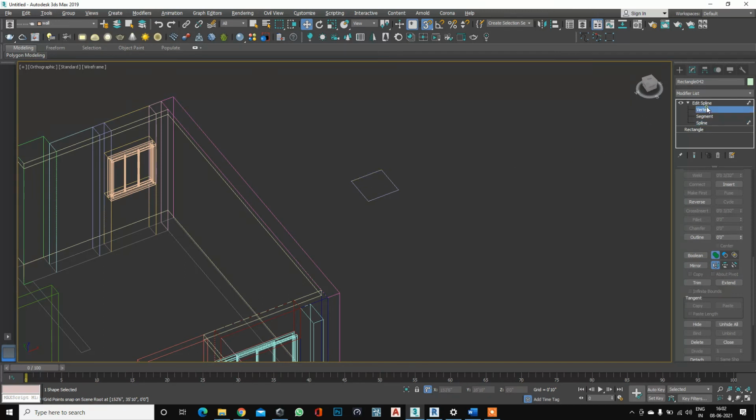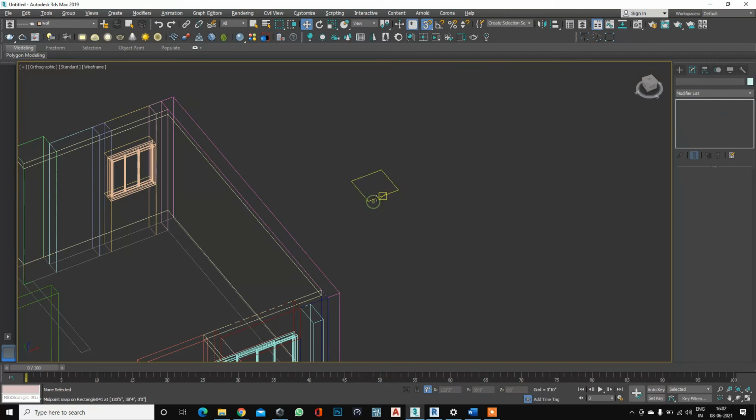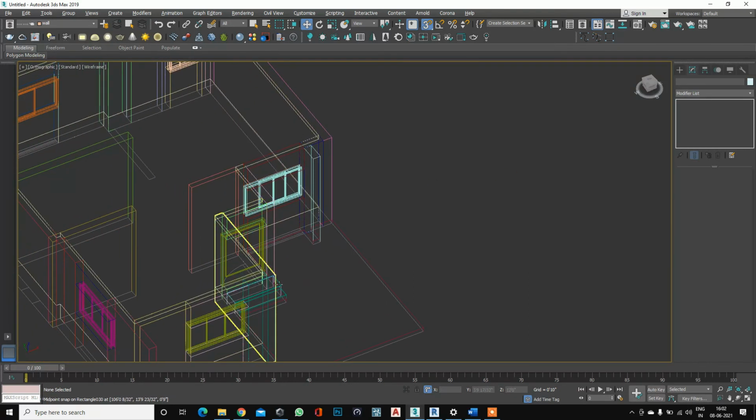Okay, just ignore this, but you can give outline also from this portion.